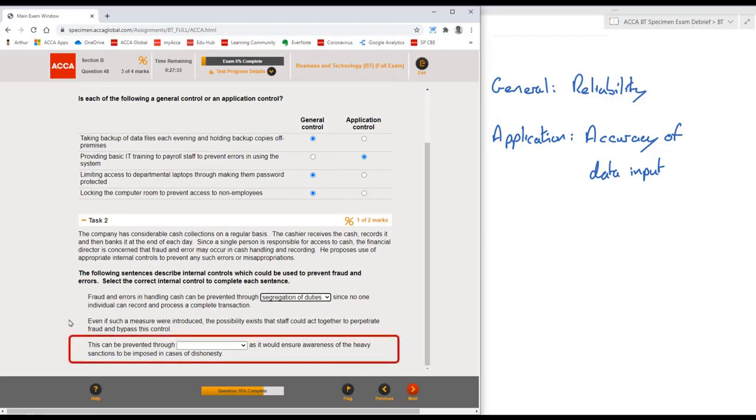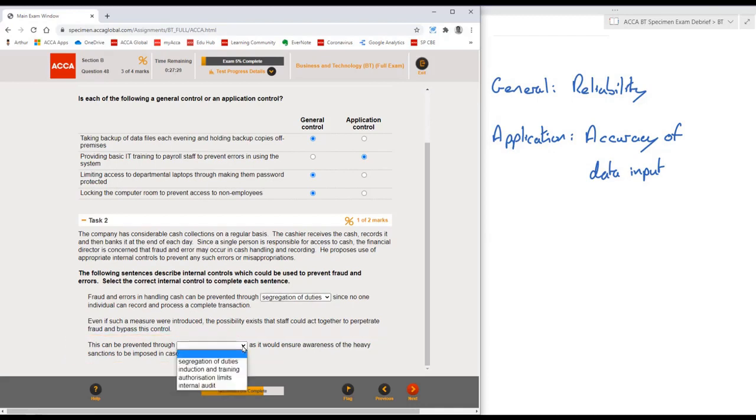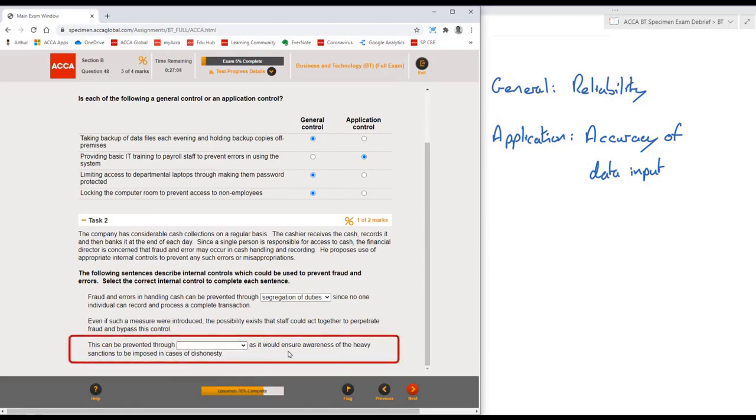Final sentence. This can be prevented through segregation of duties. Well, it's unlikely to be that again. Induction and training, possibly. Authorization limits, possibly. Internal audit, possibly not. I'm not sure internal audit would be able to prevent some of this happening. Maybe. Less likely. So let's finish the sentence, as it would ensure awareness of the heavy sanctions to be imposed